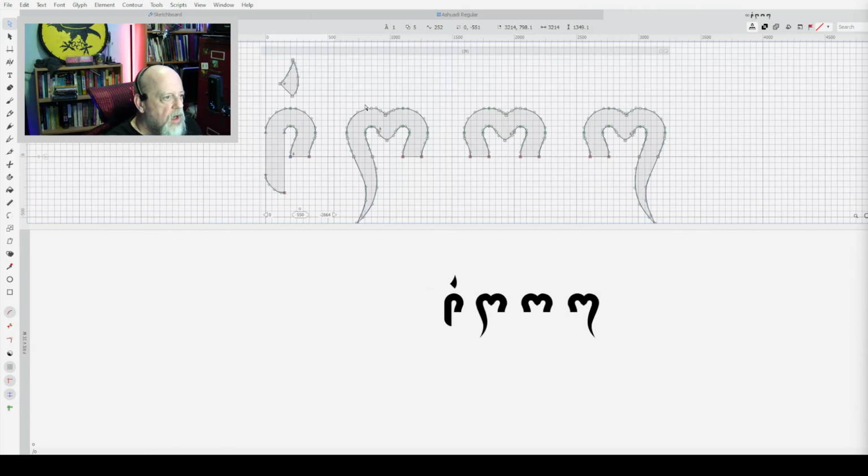So what I did was take this shape here and copy it, and then mirror it, and then join them together, which is easier said than done. Then I went and took the tail off of another glyph I've got here.